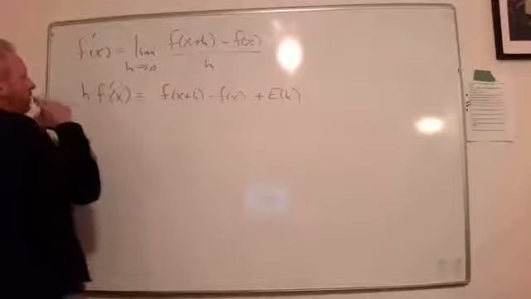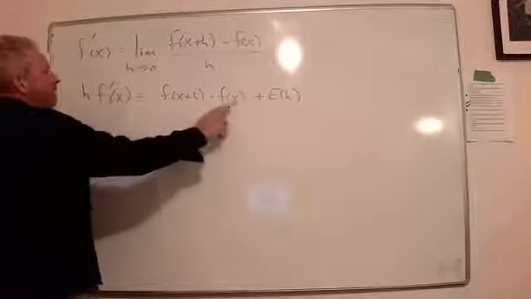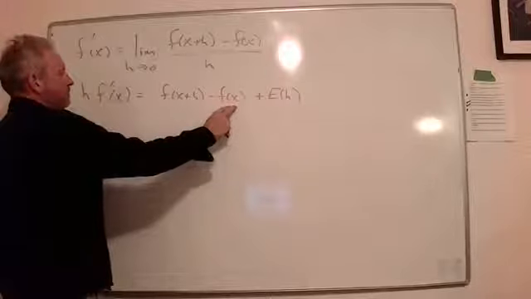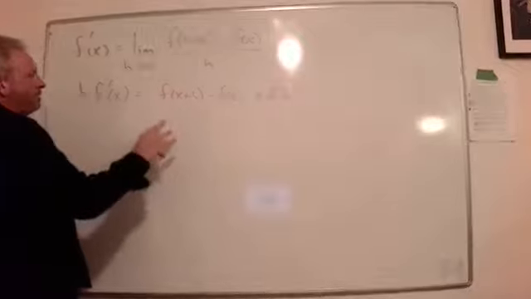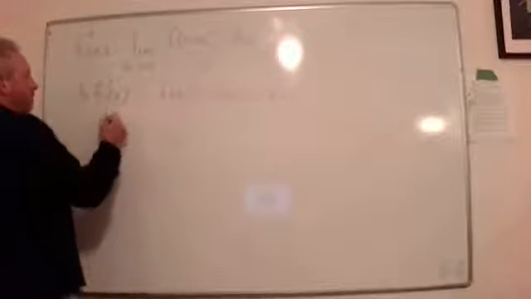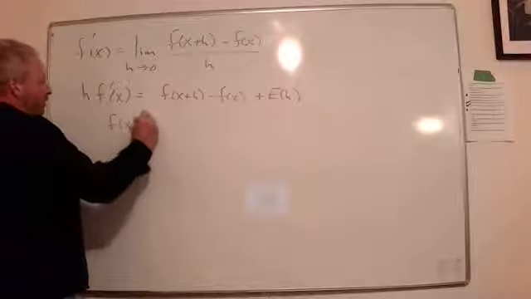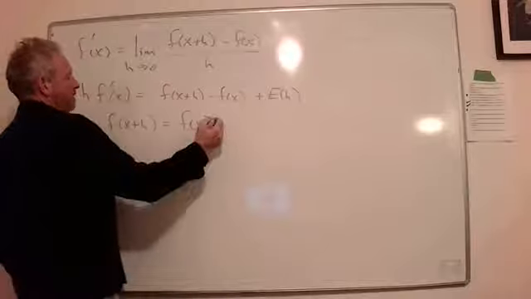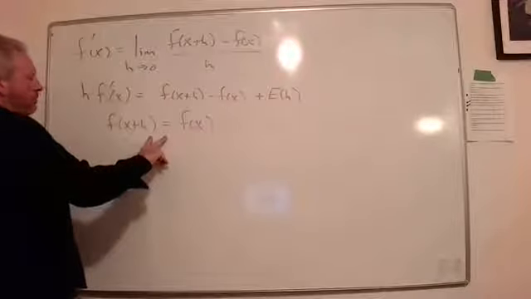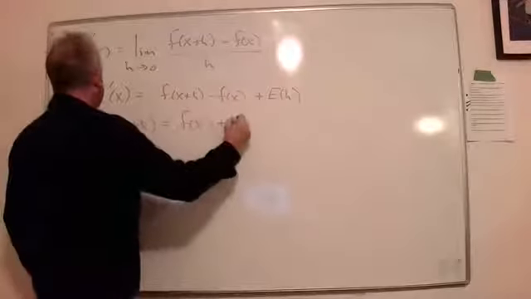I want to get this f of x right here, this f of x, and this right here on opposite sides from each other. So what I really want to do is to write this down. I want to write f of x plus h is equal to f of x. Now, if I did that, what would I be doing? I guess I'd be adding this to both sides. And then plus,